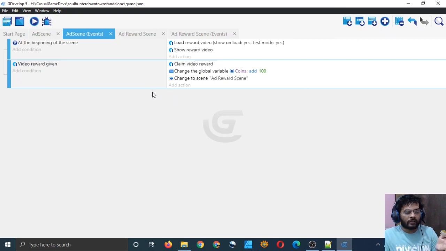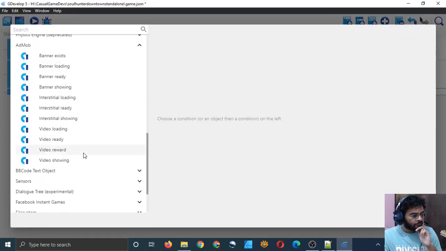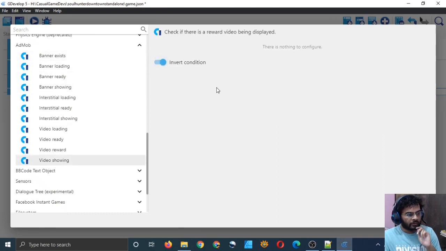So in that case, we should simply close this scene and open some other scene. So let me add an event for that. Add mob video showing, I will invert the condition. If the video is not showing, that is the player closed the video.